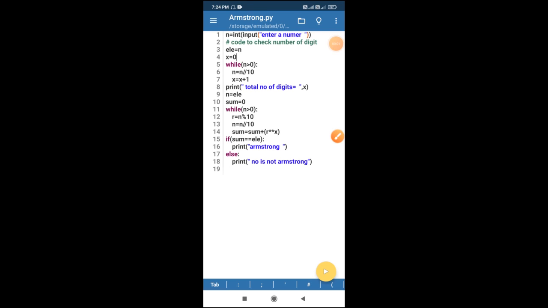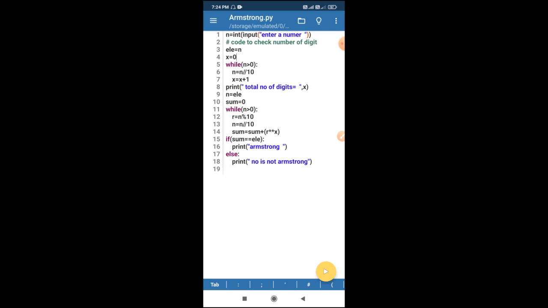Now here is a program in Python language through which you can check whether the entered number is Armstrong or not. As shown in the two previous examples, to check whether the entered number is Armstrong or not, you should know the total number of digits in the entered number.